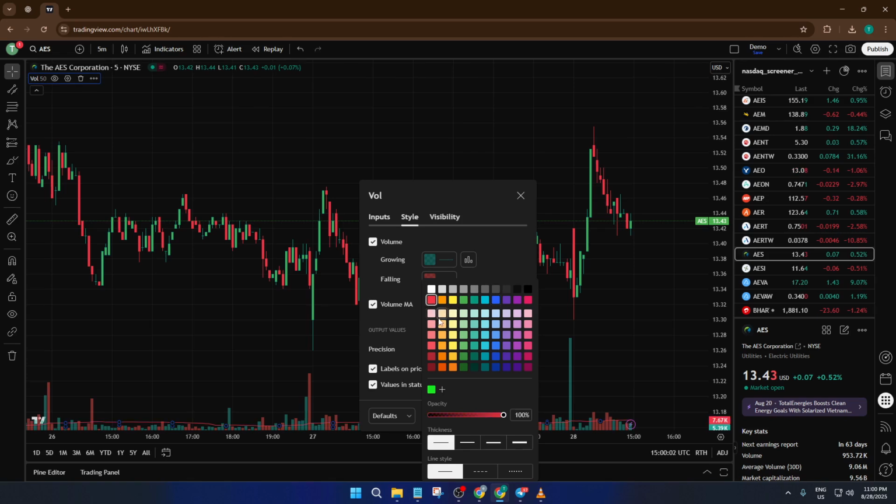Also, try reducing the opacity by dragging the slider down a little. This helps the line blend in with your chart rather than dominating it. It's a small change, but it can make your setup much more readable, especially if you're watching price and volume at the same time. Now for one last tweak that can make your analysis much more intuitive, let's switch the